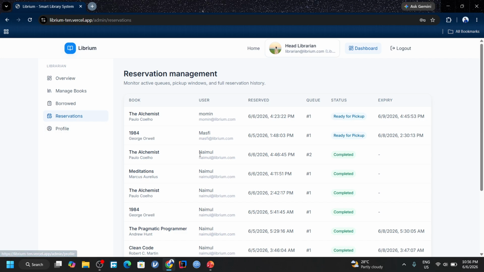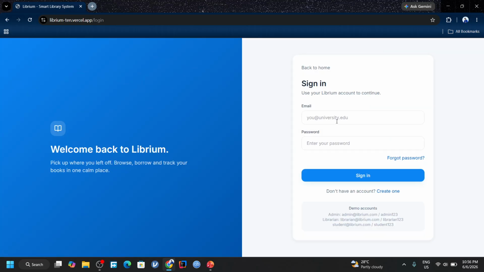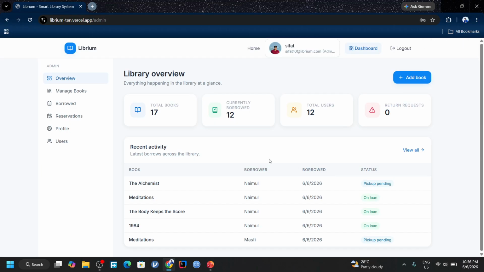And lastly, the profile thing is the same. So that's the same thing. Now let's move on to the admin panel. If we move on to the admin panel, we can see that the things are the same as the librarian, except